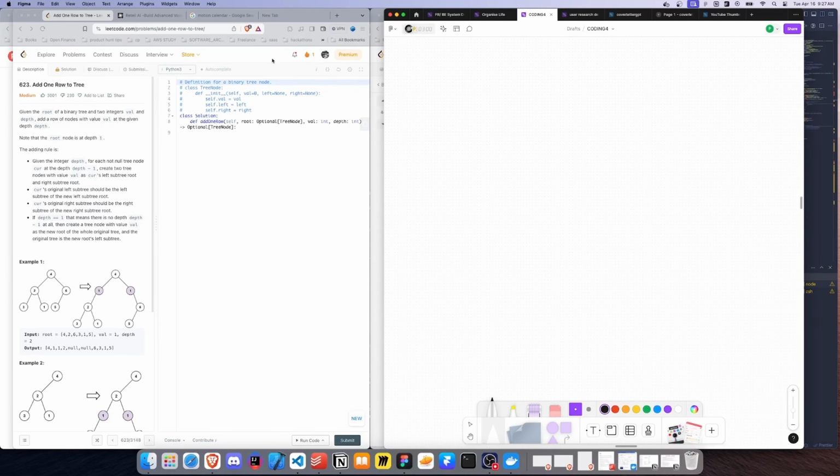Nodes with value at given depth. And then just read the whole question. Basically what it says is that there is a node, basically, yeah. There is a tree